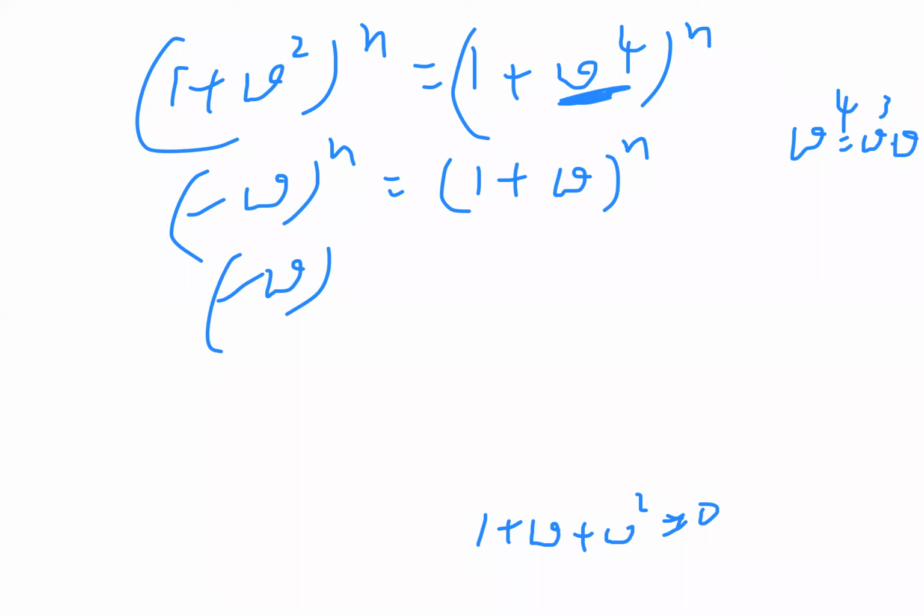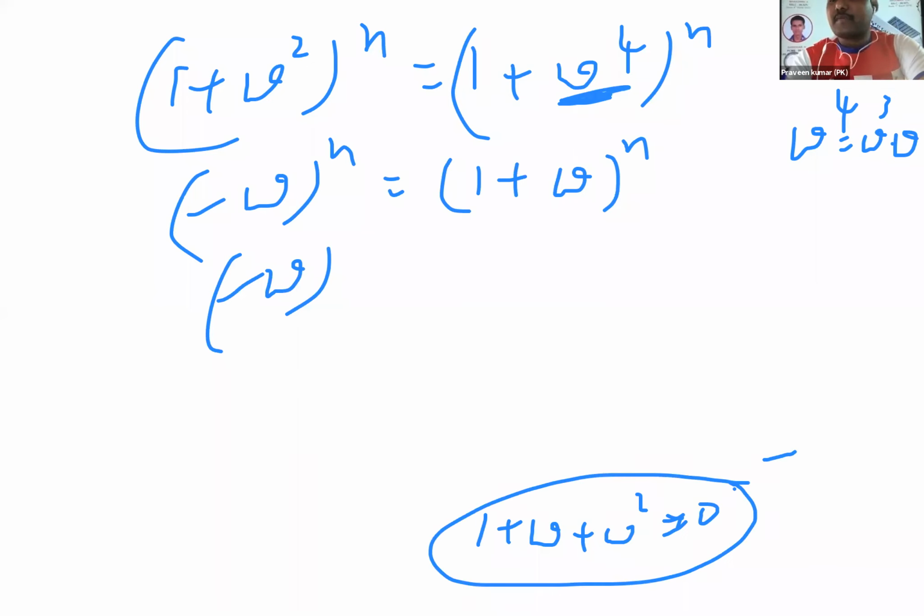Sir, the previous one, 1 plus omega square, I was still writing, sir. Is equal to 0, just the addition of all the three. Here I wrote again, 1 plus omega square is 0. You can remember it just like a formula. I substituted just the values of omega and omega square, take LCM and cancel, you will get 0. It's a formula. From this, what is omega? 1 plus omega is minus omega square. 1 plus omega square is minus omega.